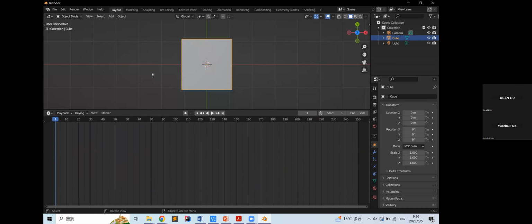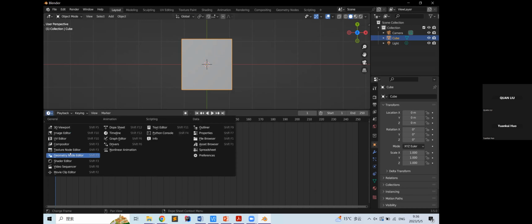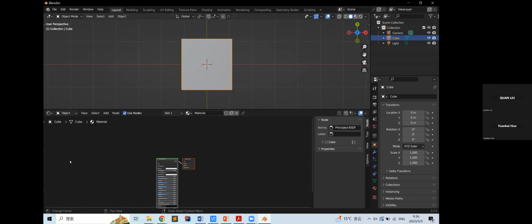Like here, you can still use a 3D viewpoint, and the panel down below is a control panel for the video. Normally we use a shader editor to edit the properties of the 3D